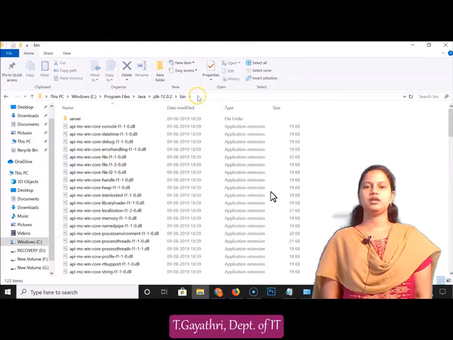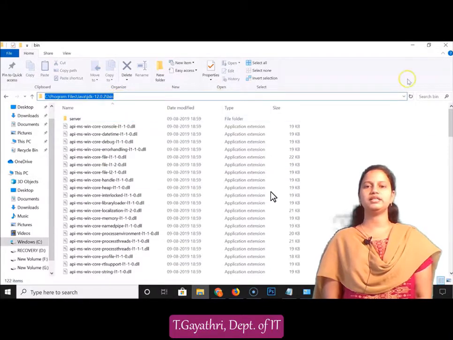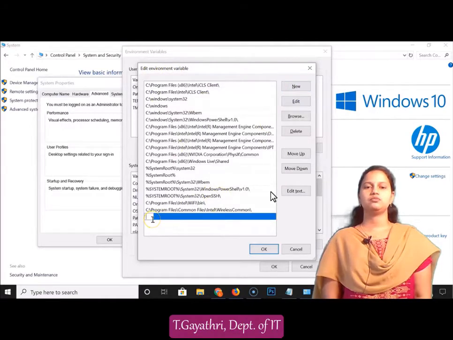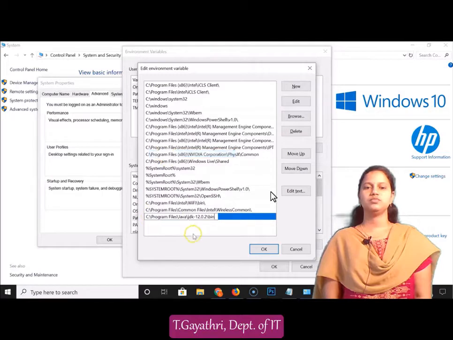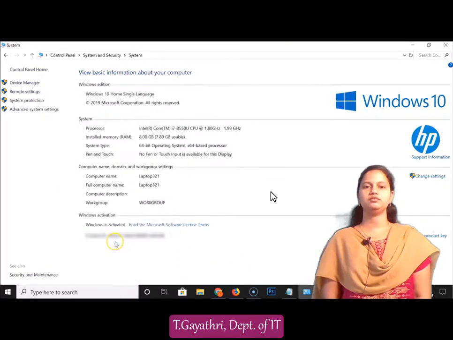In the address bar at the top, copy that address. To create a new variable, click on the new option. Paste the address, paste the path, and OK, and again OK, and again OK.